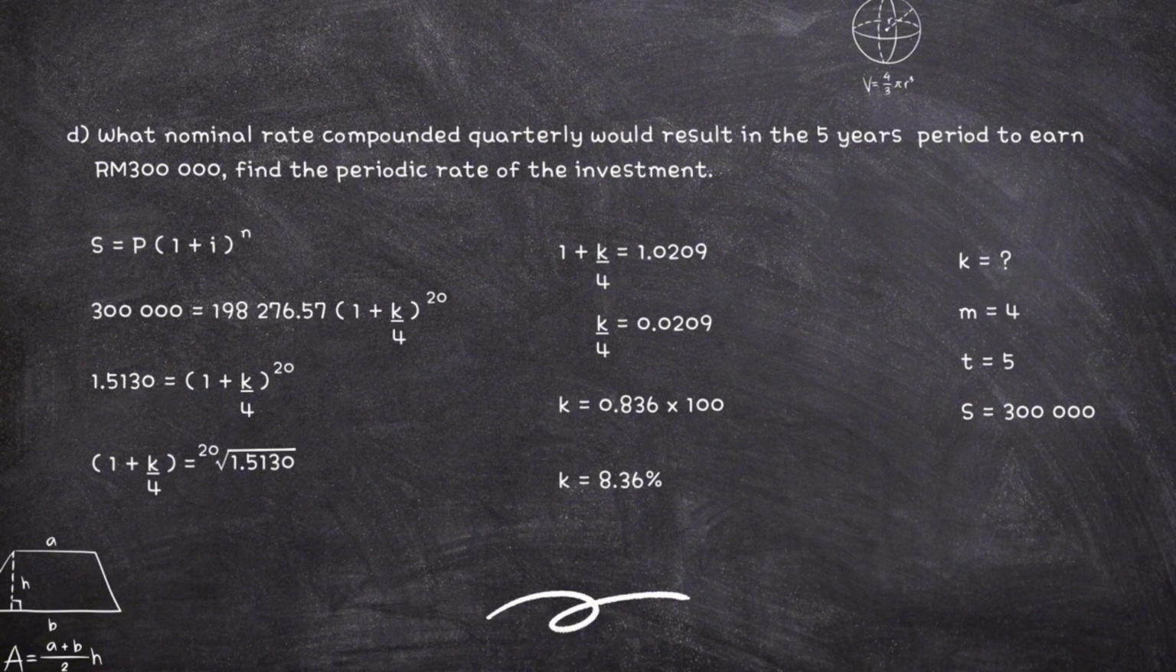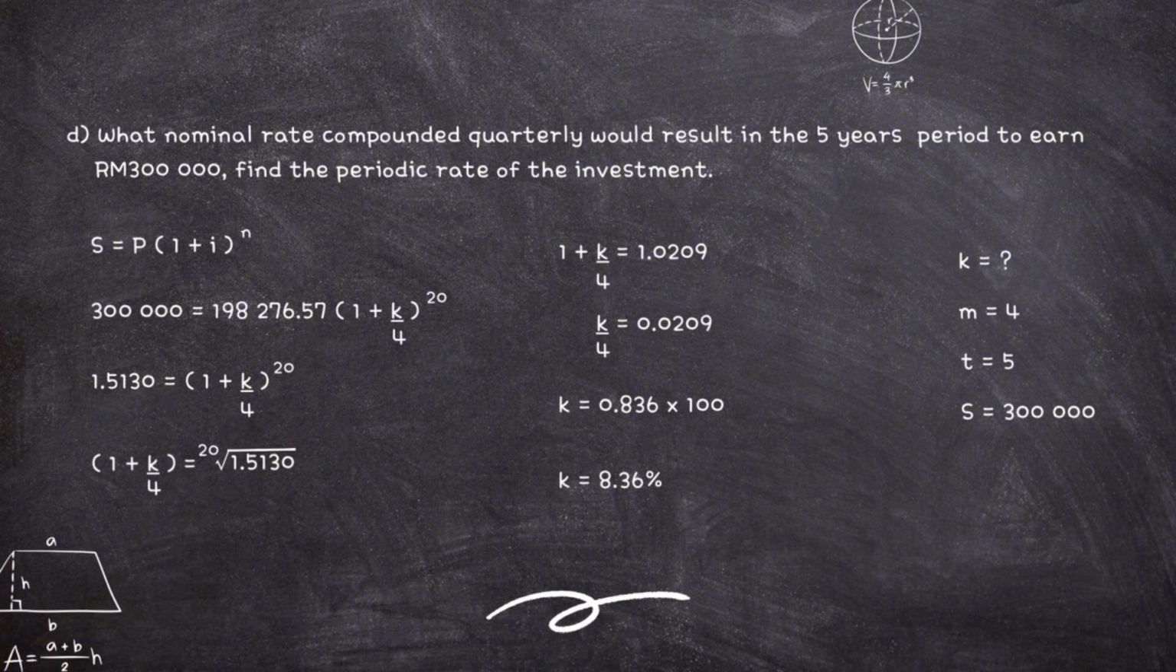To the next question, D. What nominal rate compounded quarterly would result in the 5-year period to earn RM300,000? Find the periodic rate of the investment. For this question, we'll use the same formula as question C, which is S equals P times 1 plus I to the power of N. So, we will get 300,000 equals 198,276.57 ringgit times 1 plus K per 4 to the power of 20. So, if we calculate all this, we will get